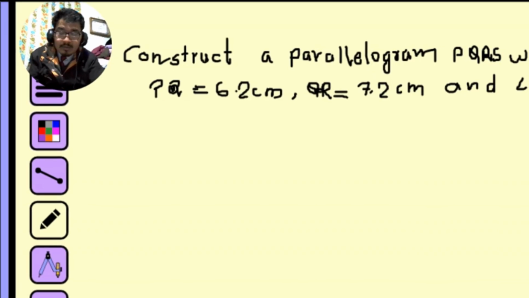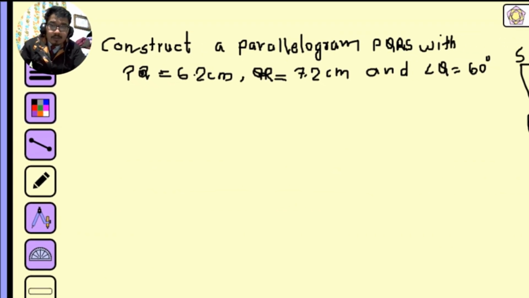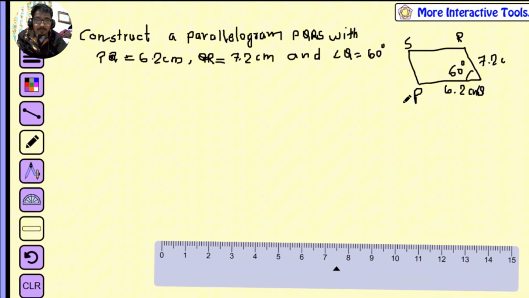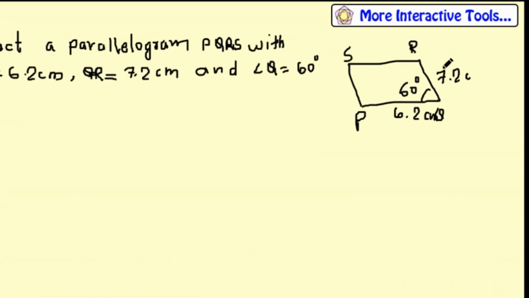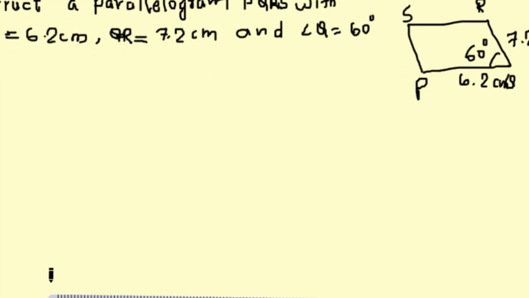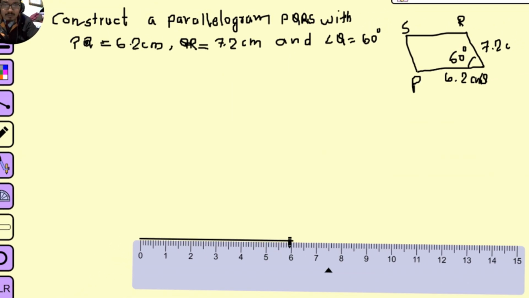Okay, children, here we are doing another construction of what? A parallelogram. In which PQ is 6.2, QR is 7.2, and angle Q is given as 60 degrees. That's why I draw here first of all like this, okay, 6.2,